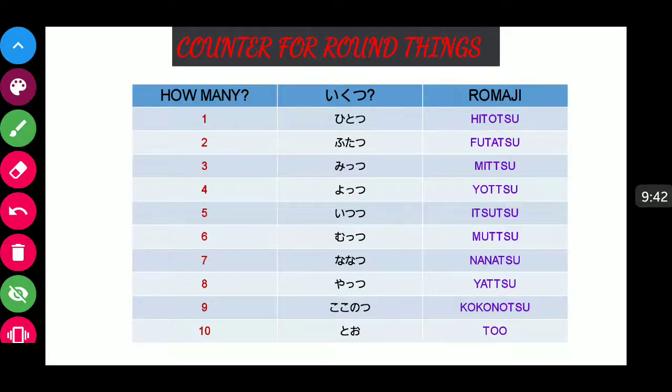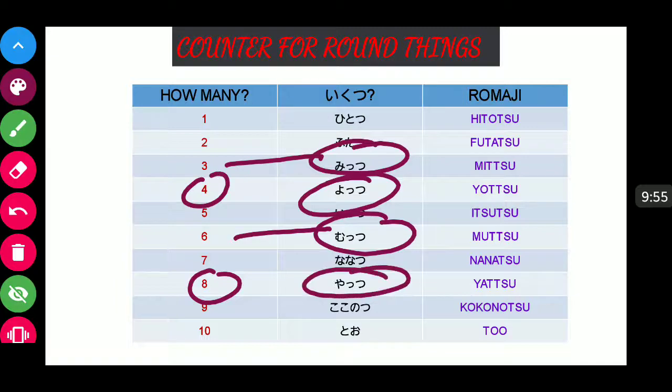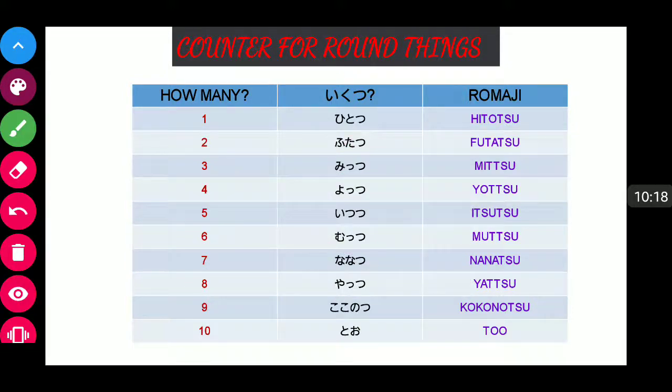Now, three and six are mitsu and mutsu. Similarly, four and eight are yotsu and yatsu. The others are a little different, but three and six, and four and eight, are a little bit similar. So please take good care while remembering these numbers. Now our next slide is